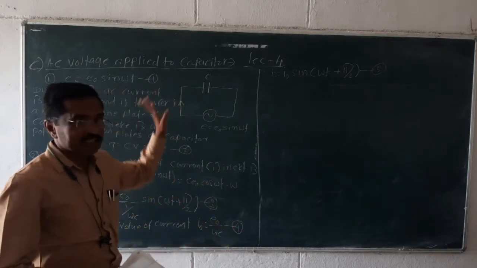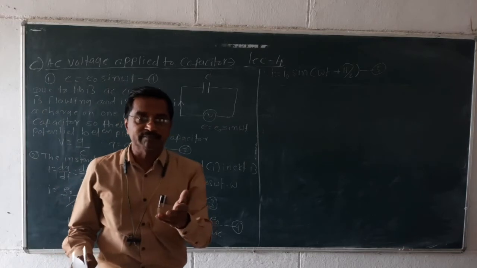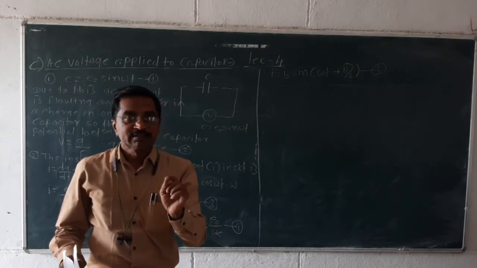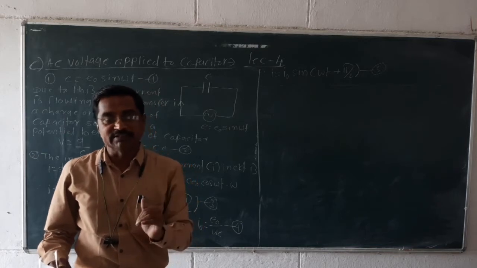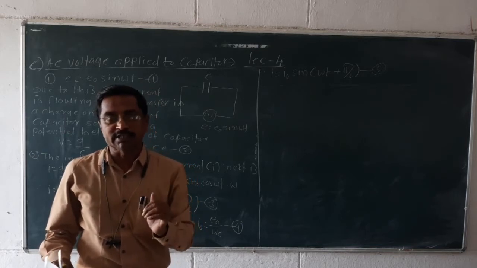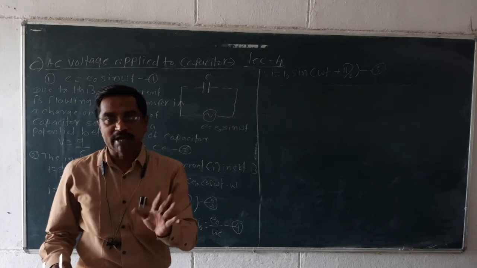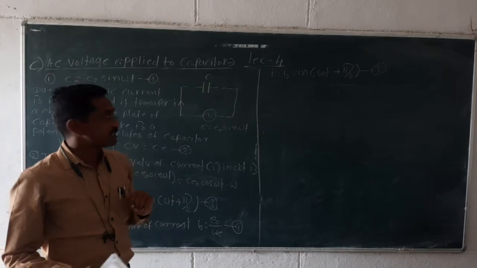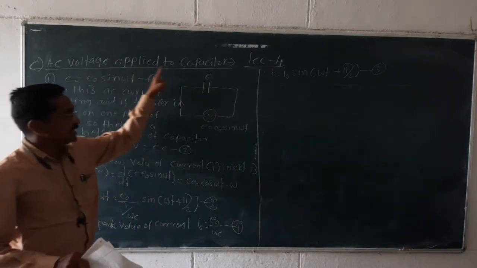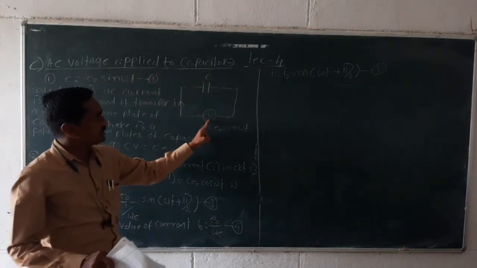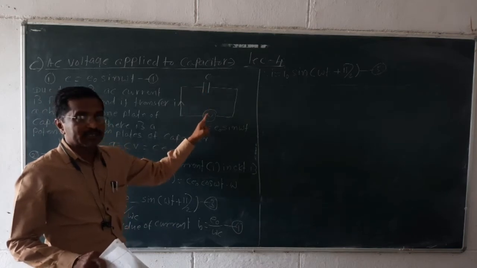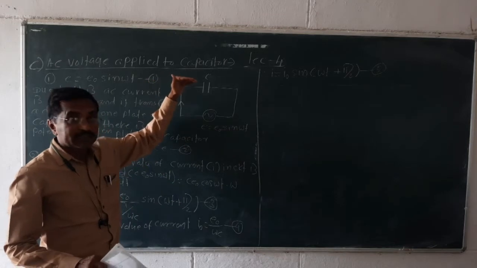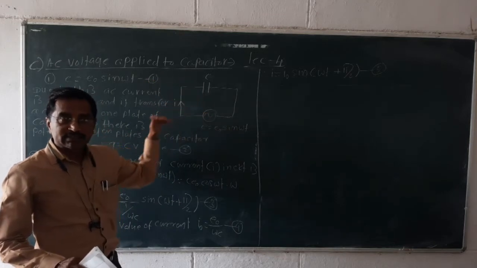After that, the second AC circuit, that is AC voltage applied to the inductor, and in that case the alternating current lags behind the alternating voltage by the phase of pi by 2. That point you have studied in the previous lecture. Now AC voltage applied to the capacitor. It means when this AC voltage is applied to the capacitor, due to that AC voltage the alternating current is flowing through this capacitor. What is the relation between that current and voltage, that you have to find.